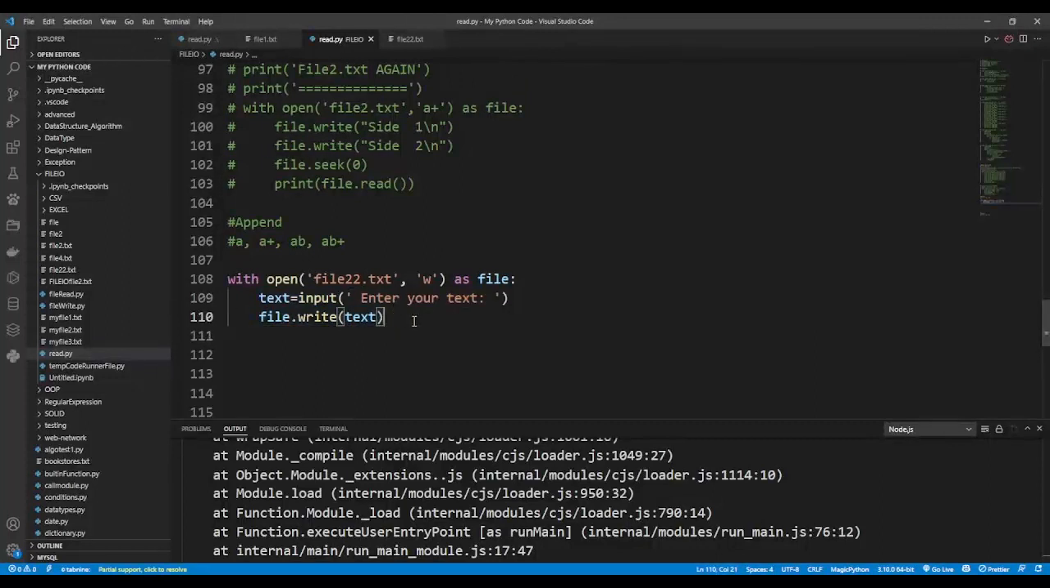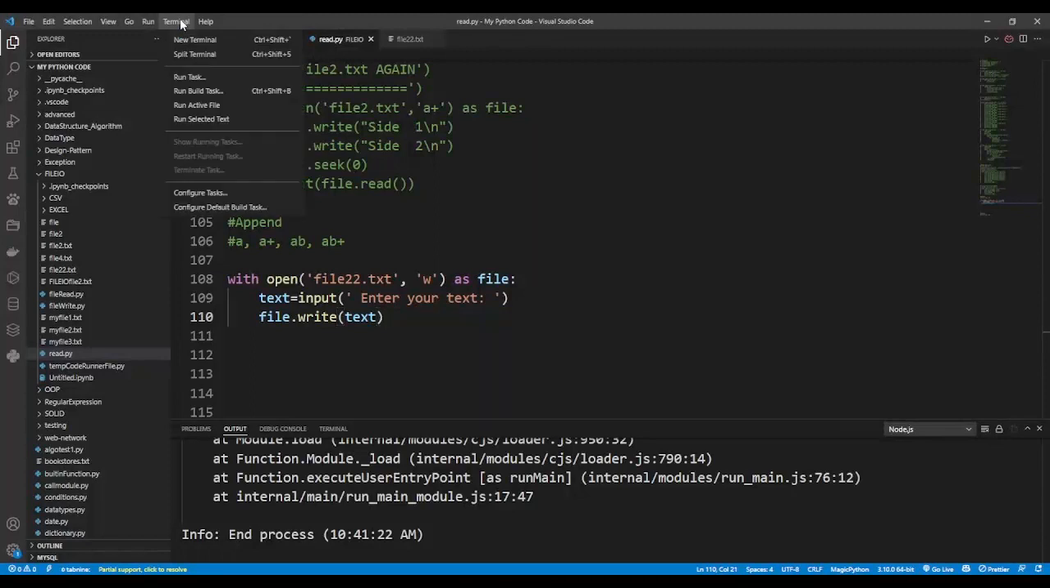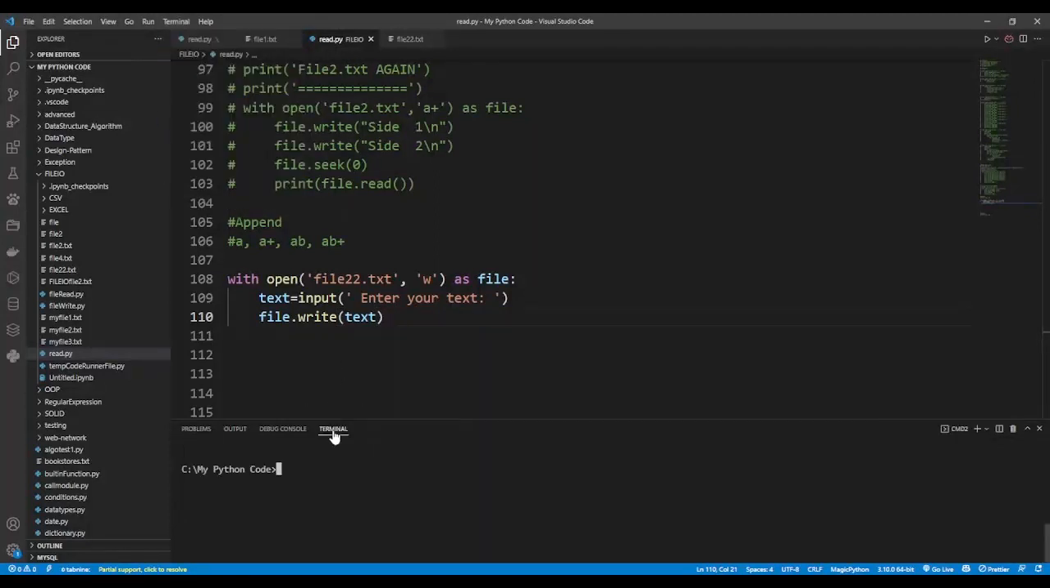And I'm going to be entering this command from the command line. You can open your command line from Terminal, New Terminal, or you can just click it. If you have it already opened, you can click it, or you can press Ctrl+tilde. Tilde is the key behind your Escape key. And then I have this file read.py stored under a folder called file IO. So I'm just going to move into that file IO folder,